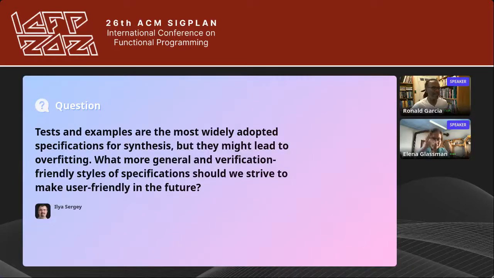Great. Our next question is by Ilya Sergey, which says, tests and examples are the most widely adopted specifications for synthesis, but they might lead to overfitting. So what more general and verification-friendly styles of specification should we strive to make user-friendly in the future? I don't exactly know yet what's most verification-friendly, but I can say that I want to point back